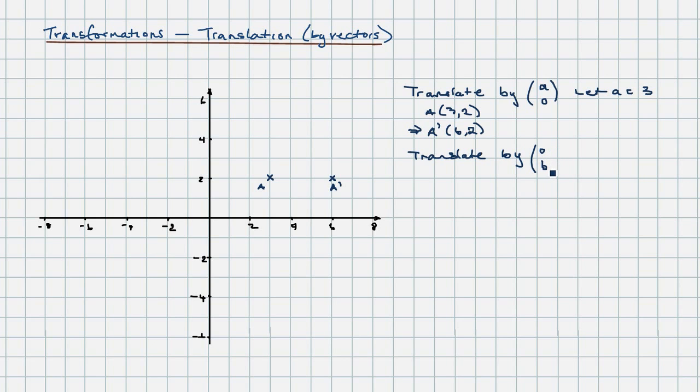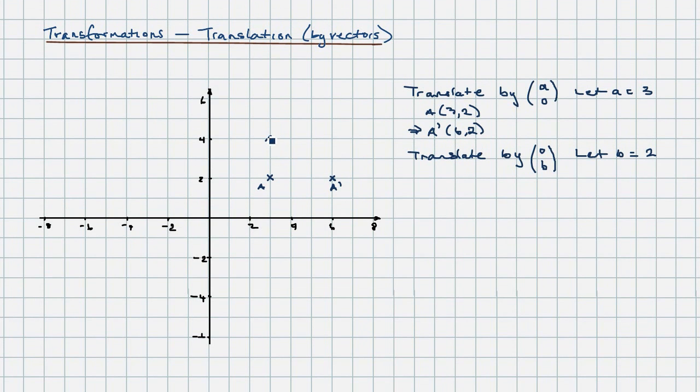So that will move it up or down. And let's move it up by 2, so let b equal 2. Again, if we just move the coordinate plane, we can see that everything will translate. Even A prime would translate up, but we'll leave it where it is. So move this up, and we can see now